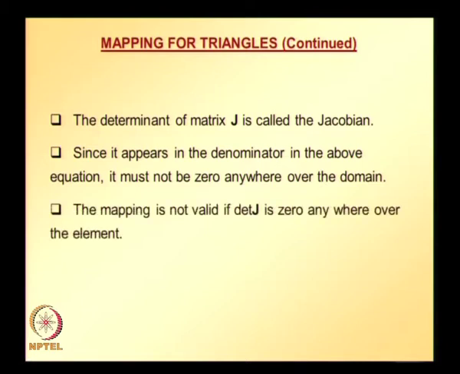So the mapping is valid if the determinant of J is not equal to 0, or the mapping is not valid if the determinant of J is 0 anywhere over the element, and this requirement is similar to what we have seen for quadrilateral elements. In today's class we will take some examples and check the validity of mapping